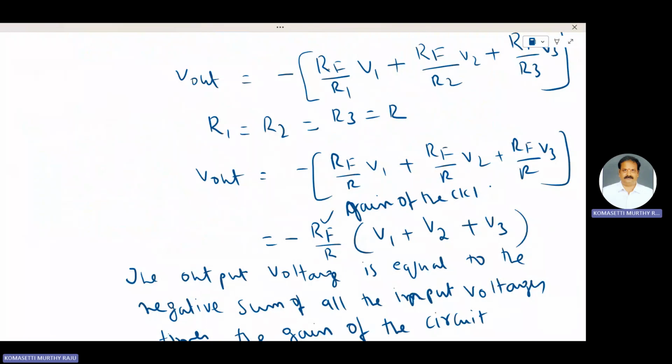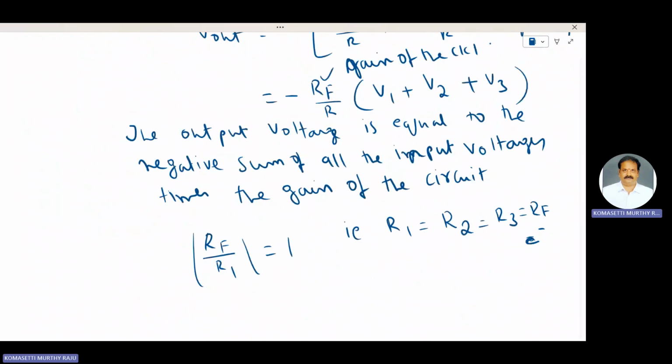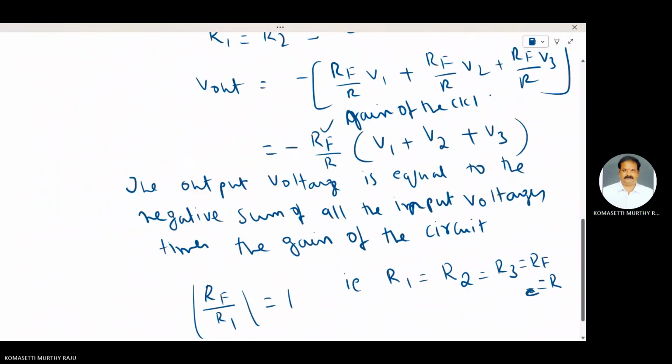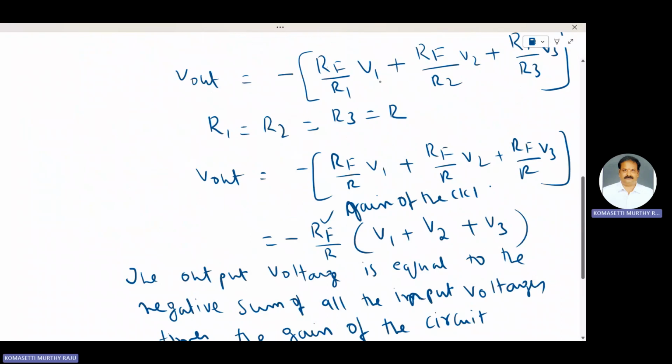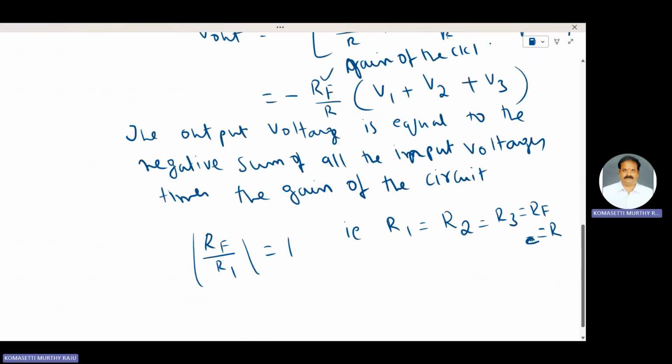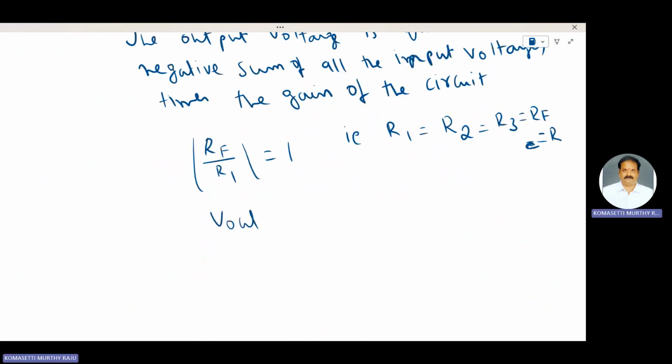RF by R1. RF is also R. All are equal to R. Same. R by R into V1 plus R by R into V2 plus R by R into V3. That is finally we will get the output voltage, V out is equal to